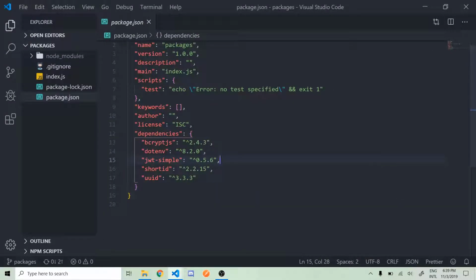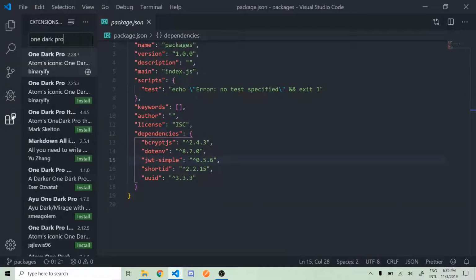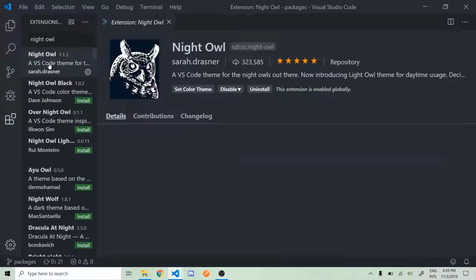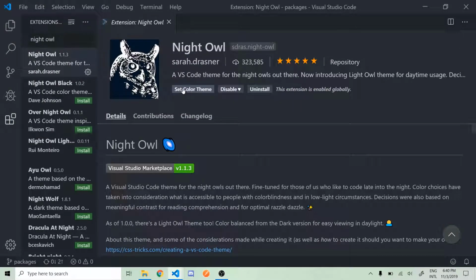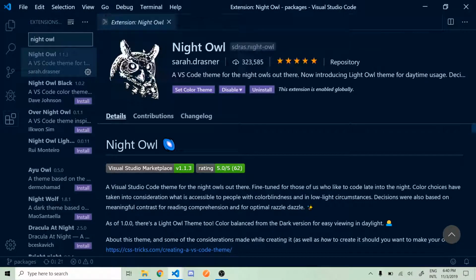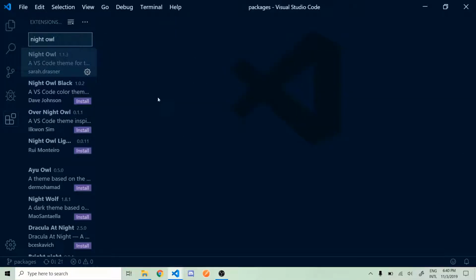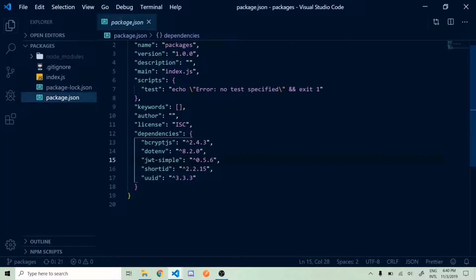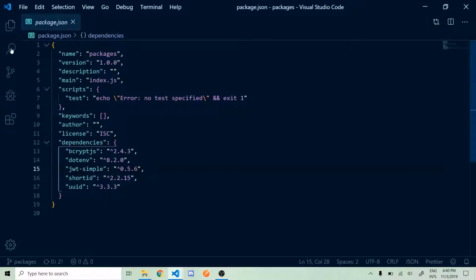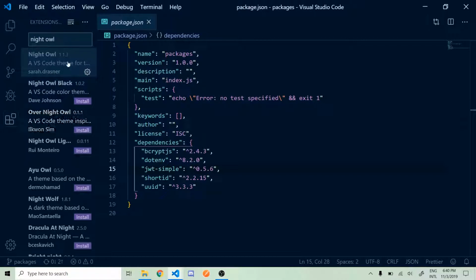The second color theme is Night Owl. You can go to your extensions and just type Night Owl. I have already installed this one as well. It has 4 variants, including the one with italics and the one with no italics. You can select them and change it and see the effects here. The color has been changed, and the font style is also changed. You can also find these extensions in the VS Code marketplace, but I think this is the easiest way